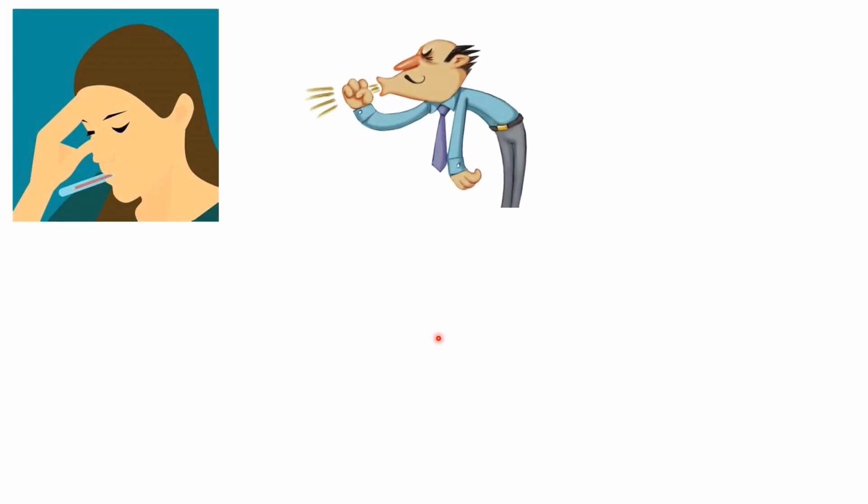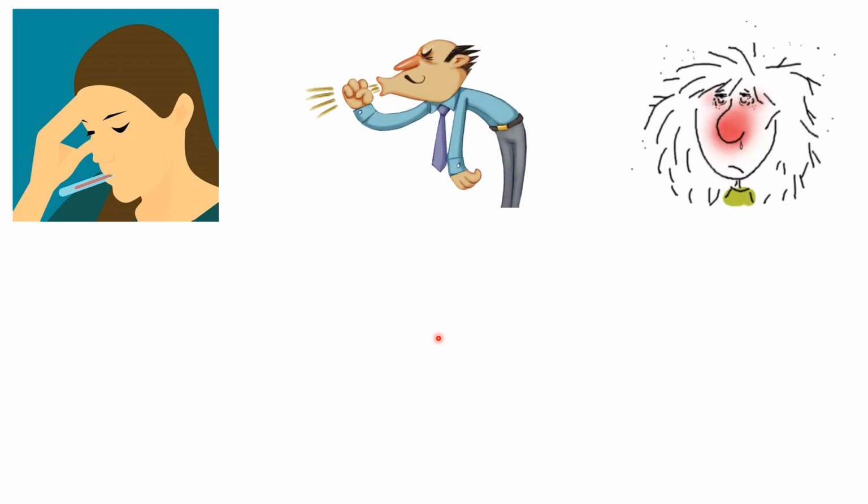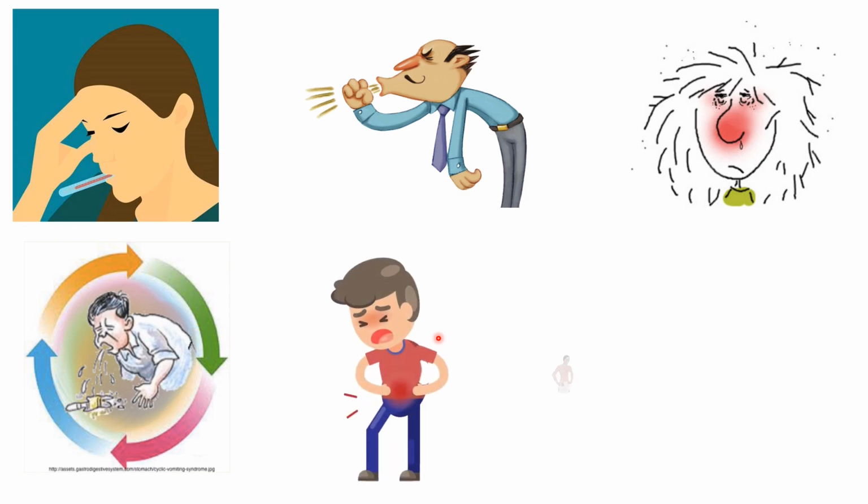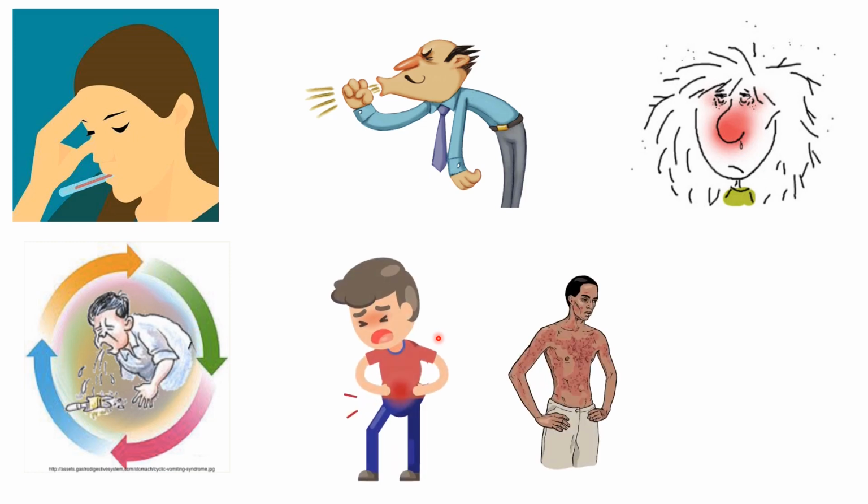Hello friends, many times doctors are presented with patients who complain of fever, cough, cold, running nose, vomiting or diarrhea, abdominal pain, skin rashes and itching. These are all common symptoms of any type of infection or worm infestation. Fever, cough and cold are examples of viral or even bacterial infections, and vomiting and diarrhea are usual in cases of cholera or typhoid. Abdominal pain and skin rashes are usually found in worm infestations.